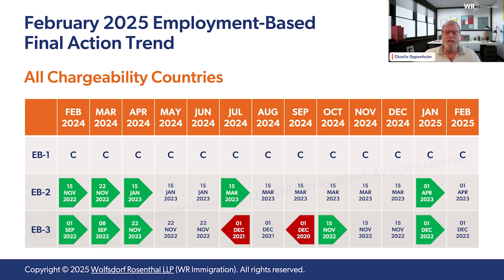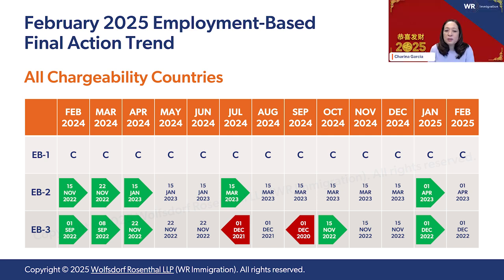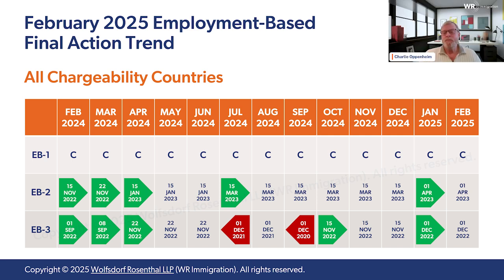Yeah, basically the red indicated they ran out of numbers. Their estimates on number use earlier in the year were too low. They were using far too many numbers, and they basically ran out. They had to impose those December 1st, 2020 dates in order to stop number use at the end of the year. Yes. Yeah, so EB3 in September 2024 actually rolled back a whole year. Yeah. So anyway,